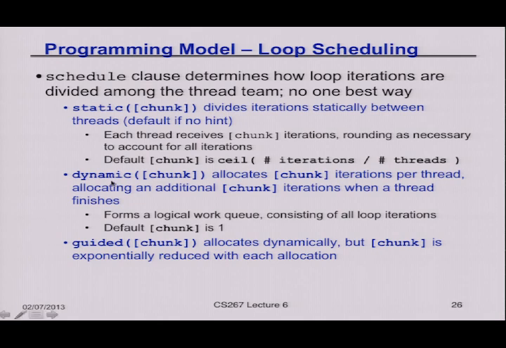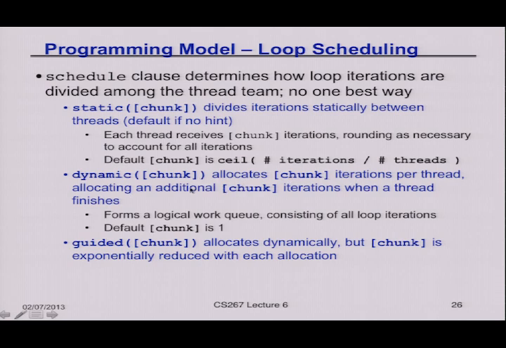There's another hint that you could give to do it dynamically, and that says, please break up the work into chunks of some size. You have to say the chunk. And then what happens is whenever a process is not busy, it says, give me a chunk. I'll do it. And so everyone goes to this common list of chunks and grabs one whenever it has work to do. And that obviously guarantees some load balance, because if one chunk takes a lot longer than another, then that one processor will be busy for a long time, and the other processes will